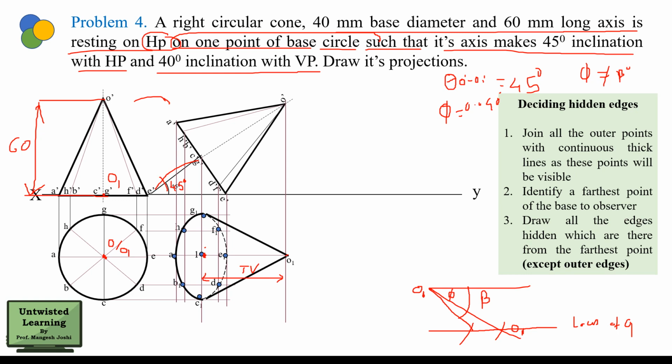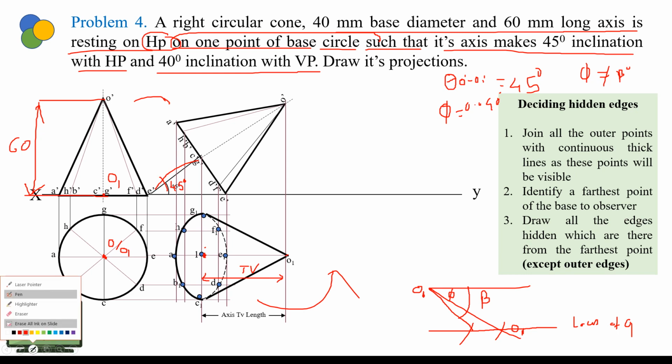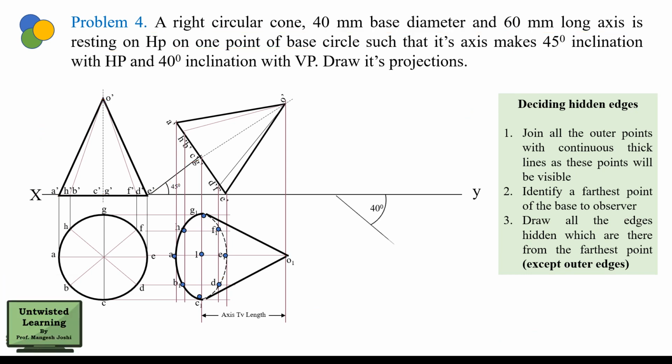Now you will take this beta angle in compass. Okay, and then you will redraw this diagram at an angle of beta. So this is the only change that is to be discussed for this problem. The same procedure is done here, but you can do this as a part of construction work.